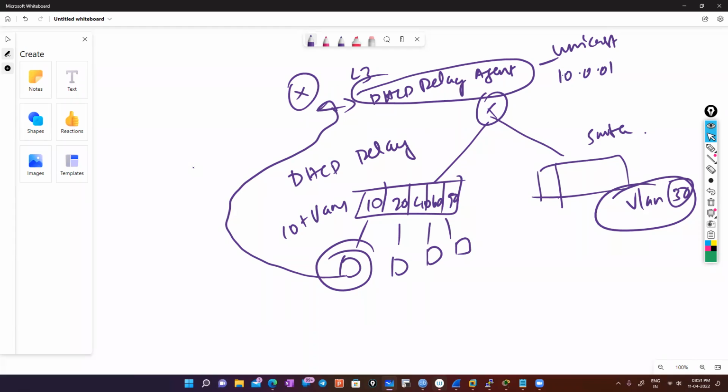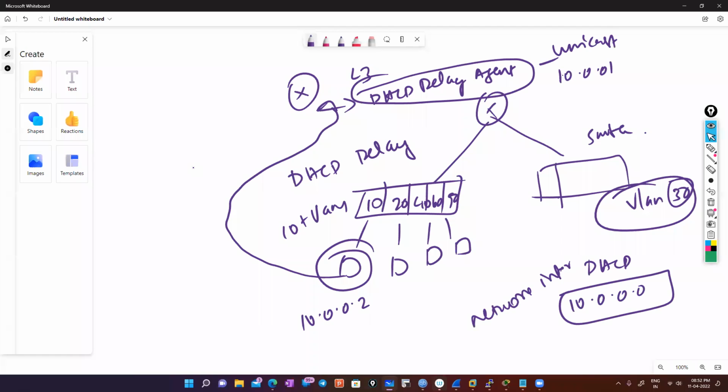See, this is VLAN 10 and the IP assigned is 10.0.0.2. But the DHCP server is on VLAN 30. Inside the DHCP server, you've got your network information. What is the network information? You've got the 10 network, obviously, so you should have your 10 network running inside. You give your starting usable IP address till 10.0.0.254, the last usable IP. Example, this is /24. So from here, I get my subnet mask,